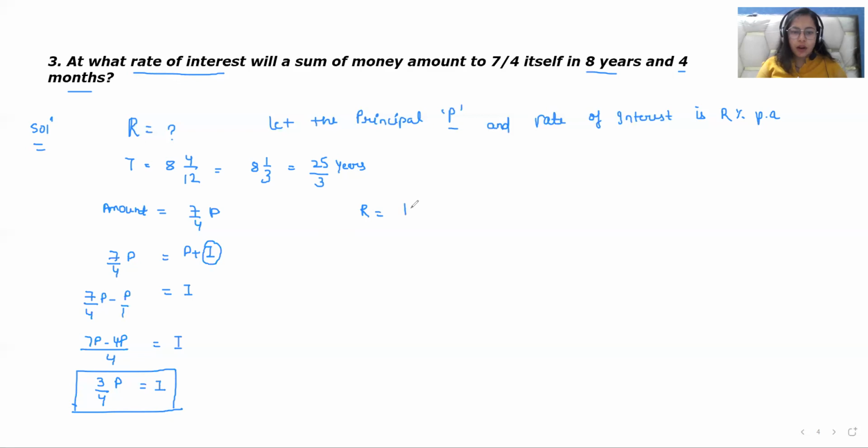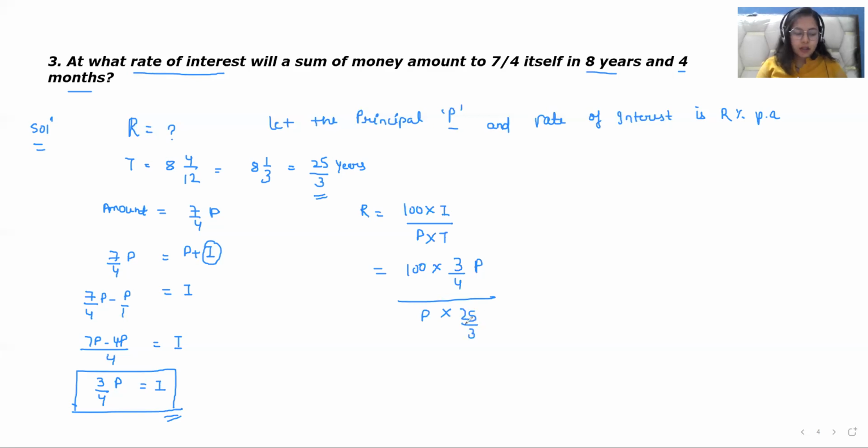Rate is equal to 100 multiply interest over principal into time. So 100 multiply, what is our interest? We found it already, 3/4 P over principal P and our time is